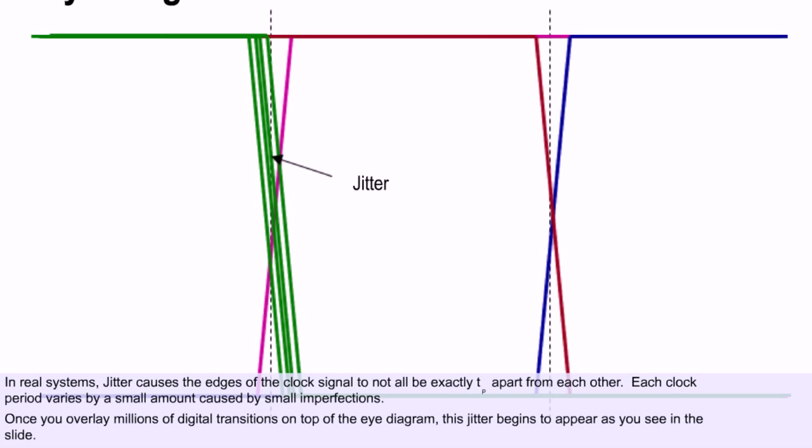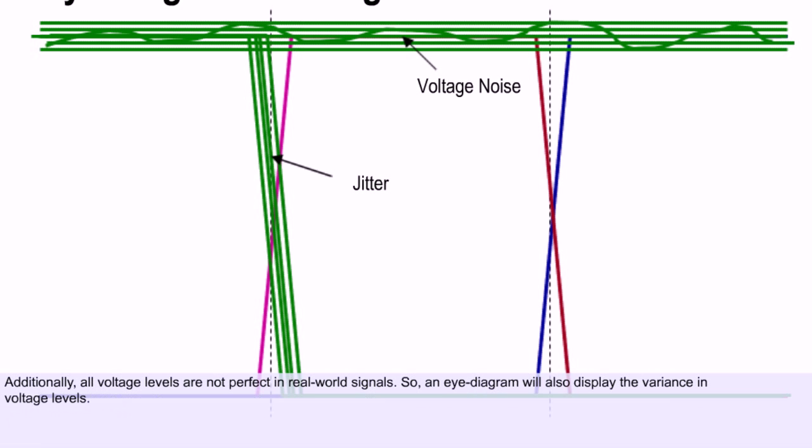Each clock period varies by a small amount caused by small imperfections. Once you overlay millions of digital transmissions on top of each other on the eye diagram, the jitter begins to appear as you see on the slide. Additionally,